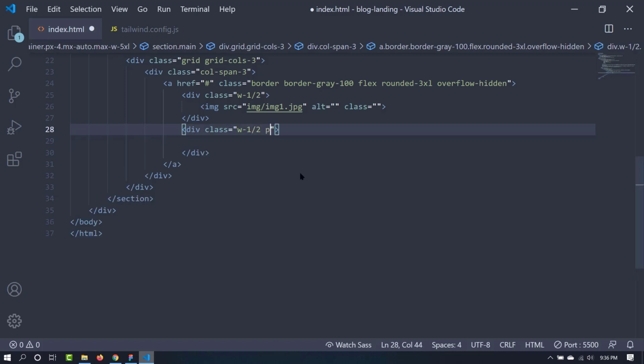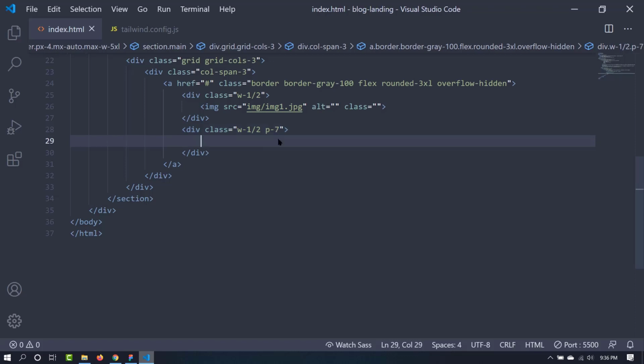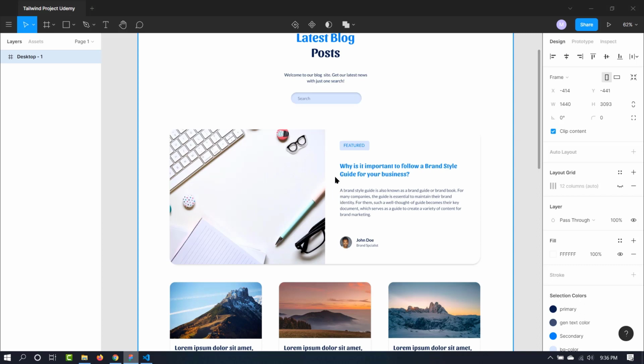Let's give it some padding in all directions of 7. Now we need to put our text inside it. The first thing we need to add is this little pill here. It has a background color, some padding in the x and y direction, and the color of the text is the secondary color. It also has a rounded border radius.